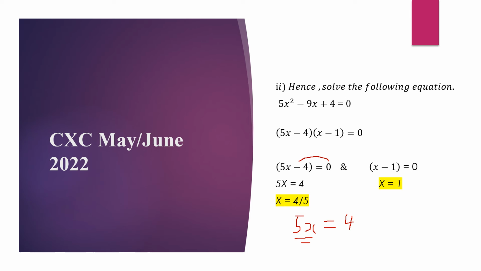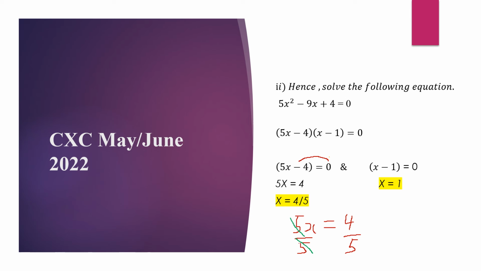So to find x, we'll divide both sides by 5. So we cancel. And so we get an answer of x is equal to 4 over 5 for one